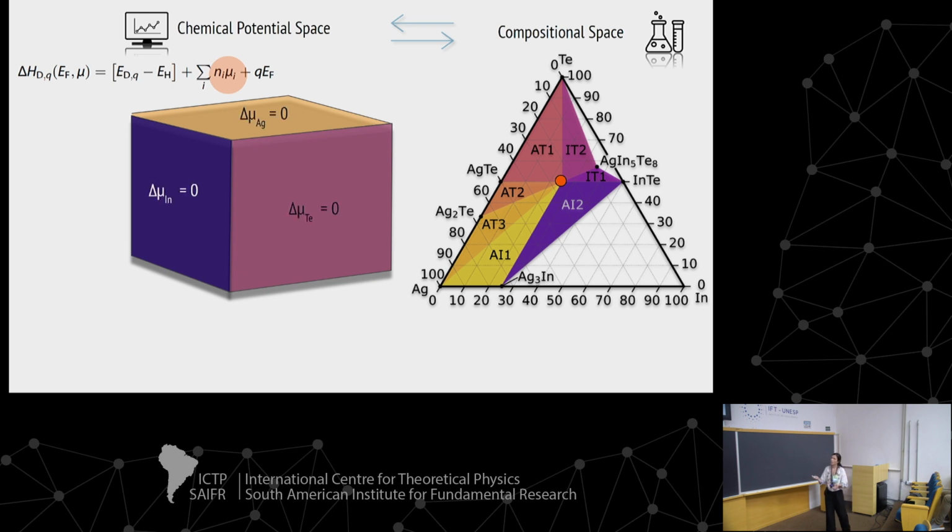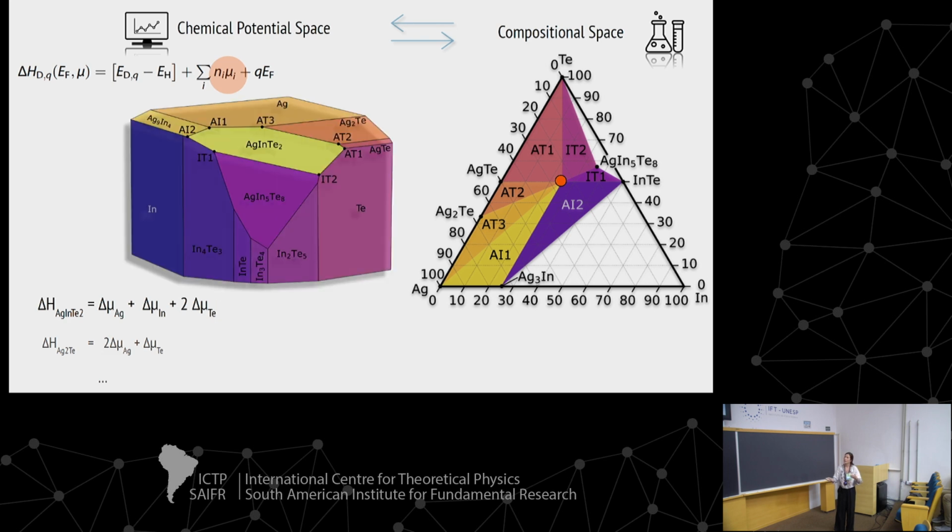We can start with the planes of rich silver, indium, and tellurium, which are basically planes that form this type of cube. And then you can start introducing secondary planes where other elements or other materials are more stable. And then we just start making cuts in this cube where other materials are more stable, just following this formation enthalpy